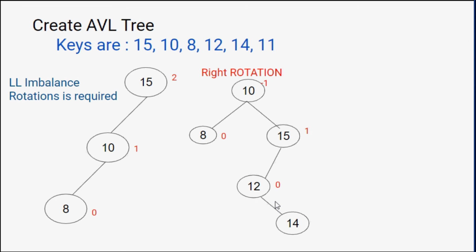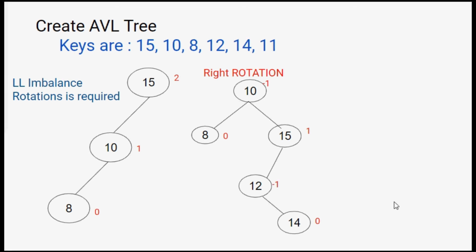Now after this step, we are again going to calculate the balance factor. Leaf nodes are going to have a balance factor that is 0. So that means 8 and 14, they are going to have balance factor 0. For this node, we are going to update the balance factor because now this is not a leaf node. So when I update, what is the height of the left subtree? That is 0. What is the height of the right subtree? That is 1. So 0 minus 1 will give me minus 1.